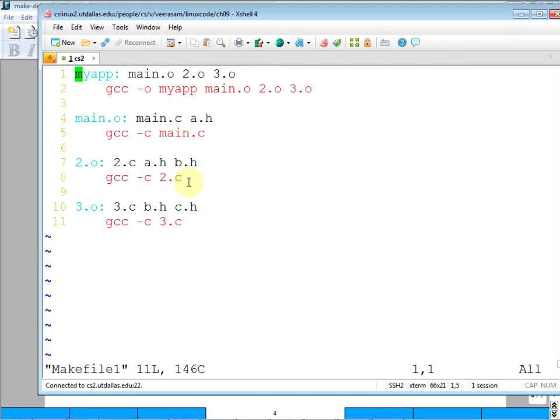Since header files generally do not change, one way to get out of that is to not track the header files. Any time you change a header file, just clean and compile. Typically header files don't change most of the time. So if you do, you can always just delete all the object files and compile. That will remove that restriction.